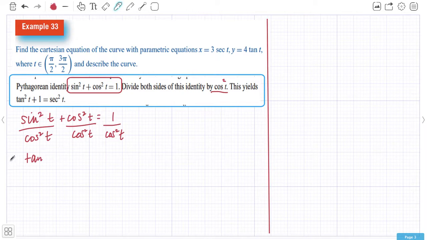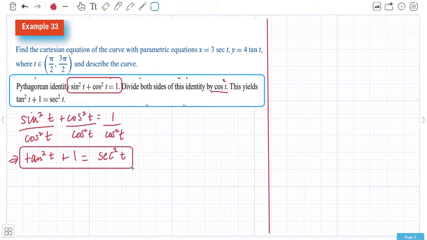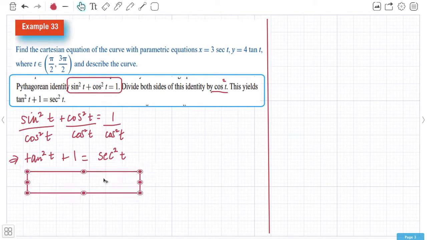Sine over cos is equal to tan, and because it's got the squared on each side, it's tan squared. Cos squared on cos squared, well, that's 1. 1 on cos, well, that's sec, and because it has the squared, it's sec squared. So this equation here is the other version of this one, and it's the one that involves sec and tan, which is really useful because there's one situation where this one is going to be the better one to use